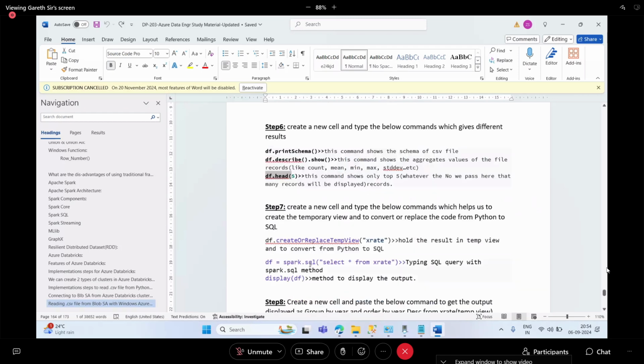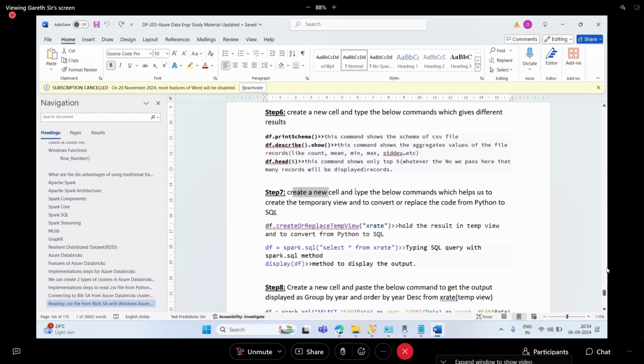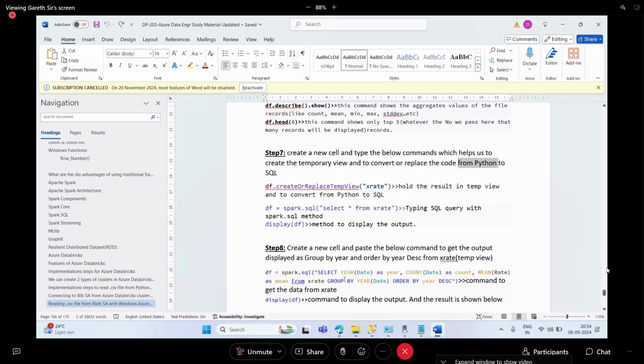This you can tell. Now, create a new cell and type the below command, which helps us create a temporary view and convert or replace the code from Python to SQL. This is also very important. They will ask in the interview, if you want to convert the Python script to SQL, what method do you use in PySpark? You will say spark.sql. The moment you say spark.sql, after that you write a simple plain SQL query, and your Databricks notebook will understand that very well,